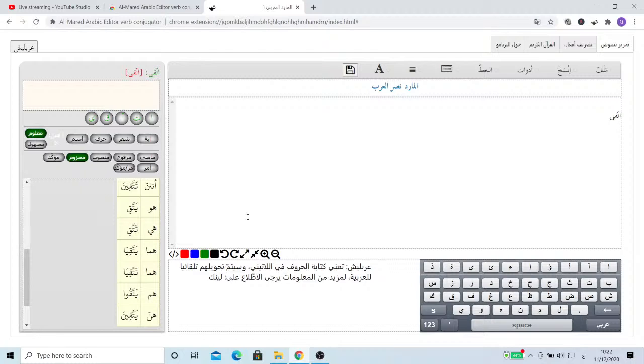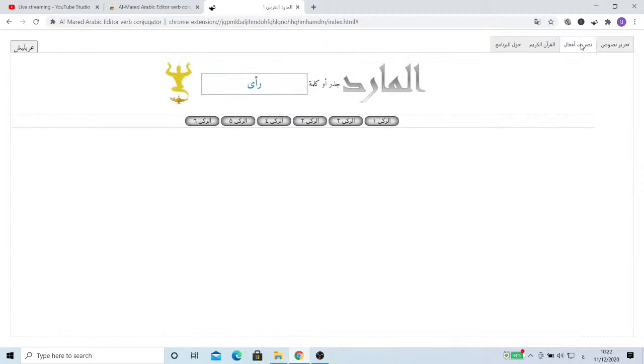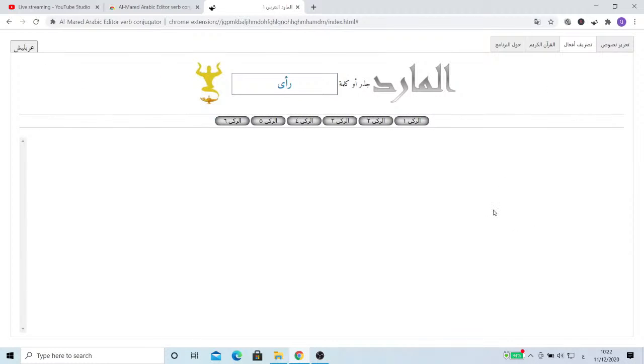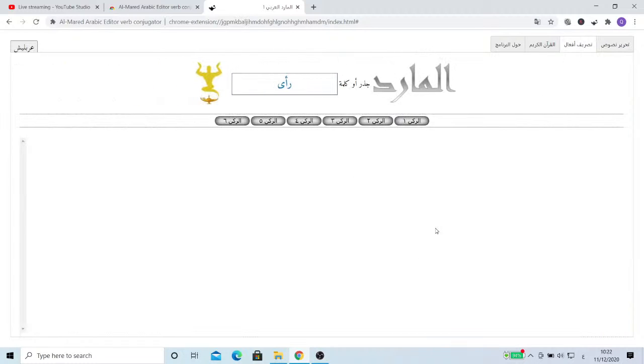Now let's come back to this side. On this side, you have tahrir nusus. As I said, you can write anything here. Tasriful af'al: if you type here, it will give you everything we had in this. You don't need to click one by one. It will give you all of these in one window. So if I write again, Noon, Sad, Ra,